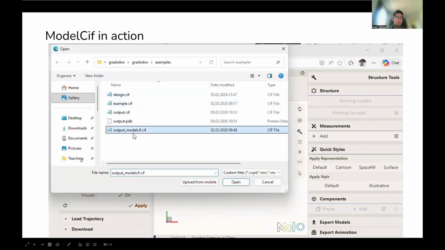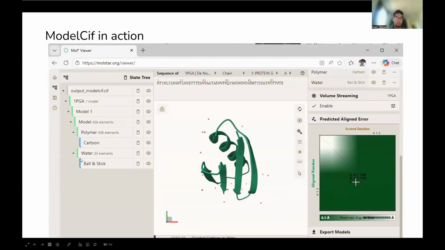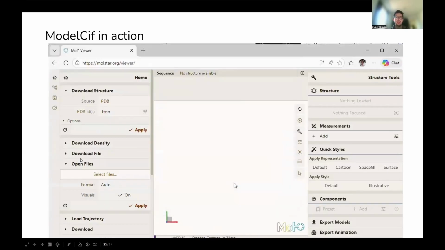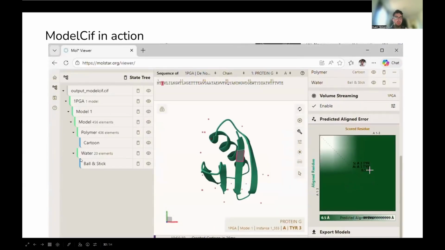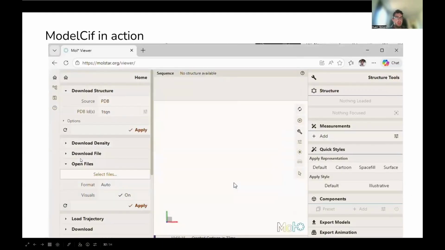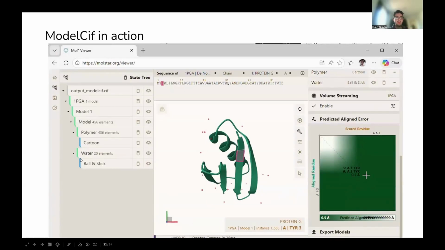So this already works. If I take a CIF file, it has this kind of PAE information in it, and then I load it on Mol*, for example, and then I directly have this PAE matrix that is visible. So if we stick to this already existing standard, then these metrics will always come together with the structures. And if more viewers also support this, then it will be quite useful for us when we can analyze our results, for example, or we exchange them, or we put them in some repository when we publish a paper.